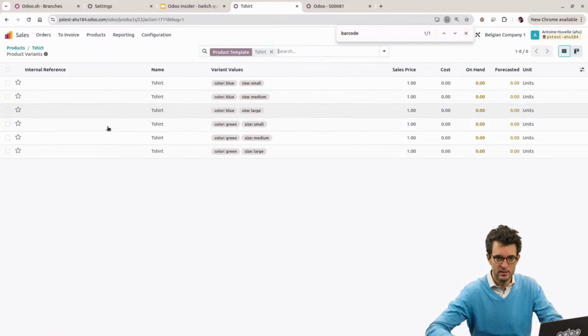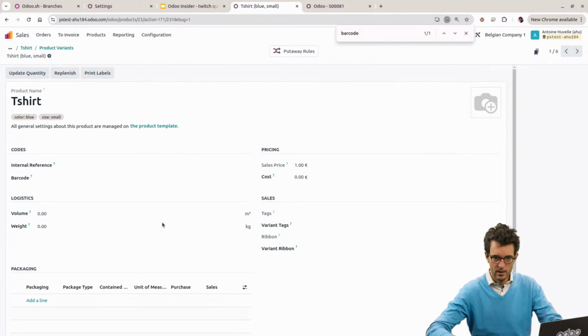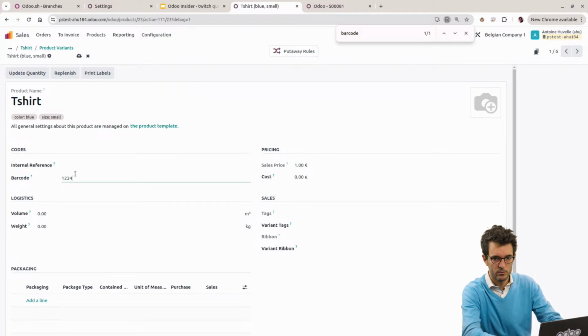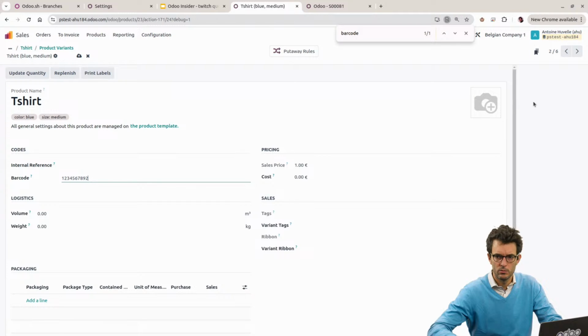All right. So it means that it needs to be managed on the variant level. You go here and then you have a barcode. So maybe I can try doing something here. 1, 2, 3, 4, 5, 6, 7, 8, 9, 1. And I'm quickly going through the different ones, like 2, like here 3. It's not like maybe there's a